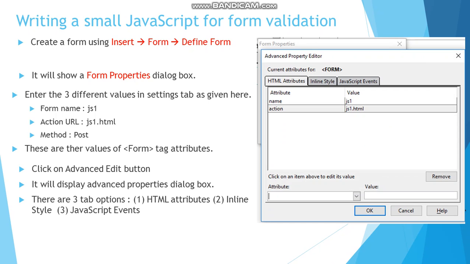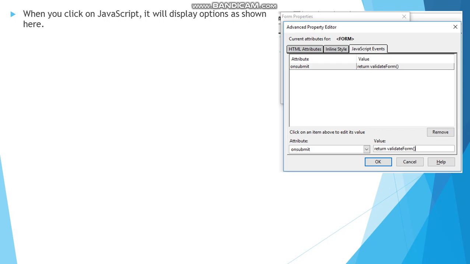The third one is important for us. Now click on the JavaScript events tab. When you click on JavaScript, it will display options as shown here. At the bottom you can see in attribute onSubmit is written, and in value return validateForm is written.